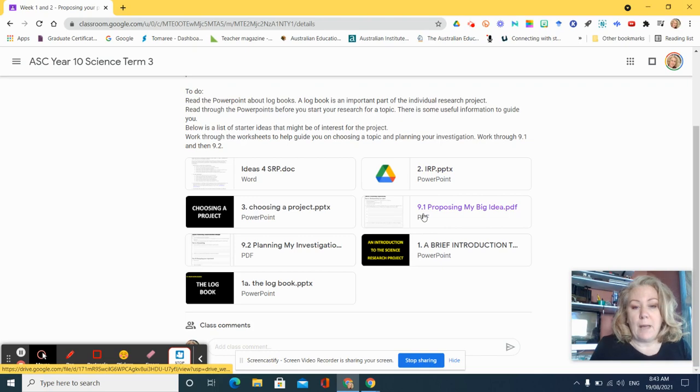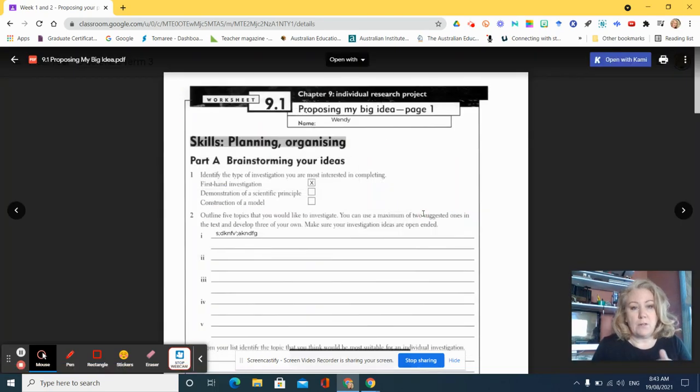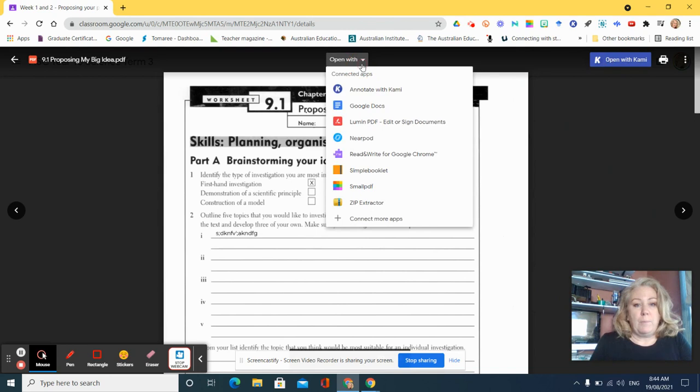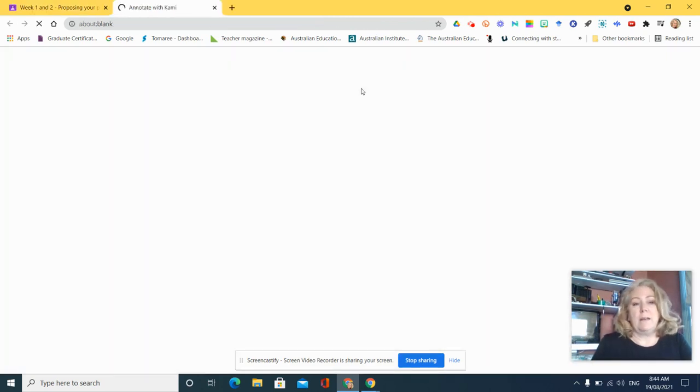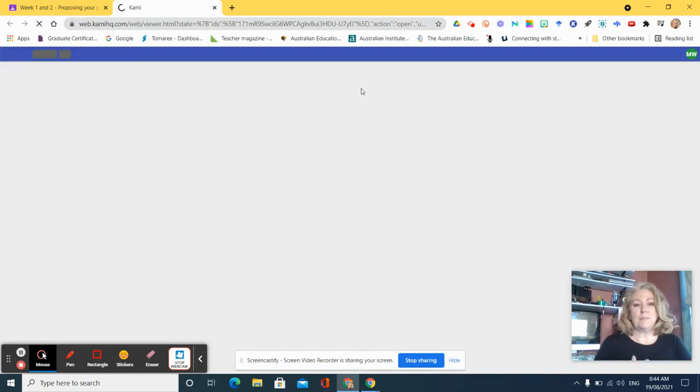So you're not going to have all of the tools that I get to use. Doesn't matter. You don't need them all. I don't use all of them. So if you don't have it there, have a look in your drop down box and it'll be there. Annotate with Kami and it'll think and it'll go, all right, I'm going to give you your